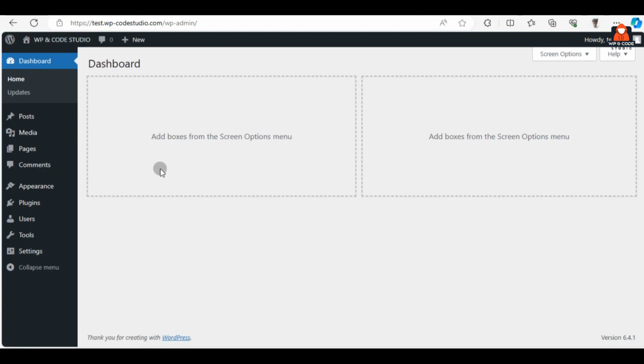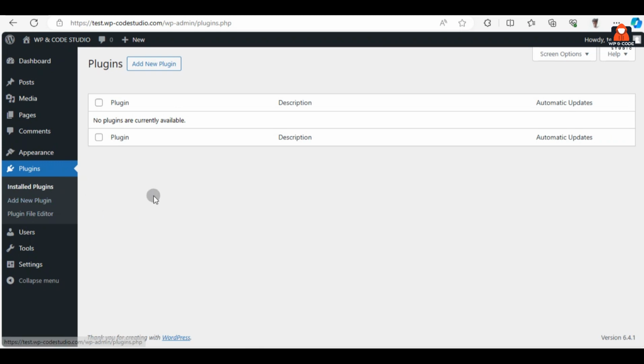and here in this admin panel on the left hand side we can see the plugin option, and under plugin we can see 3 more options available. First of all we will look at installed plugins. After clicking installed plugins, we can see we did not see any plugin because we did not install any plugin before. So right now we will try to install a new plugin. For that we have to choose this add new plugin option. So click on it,